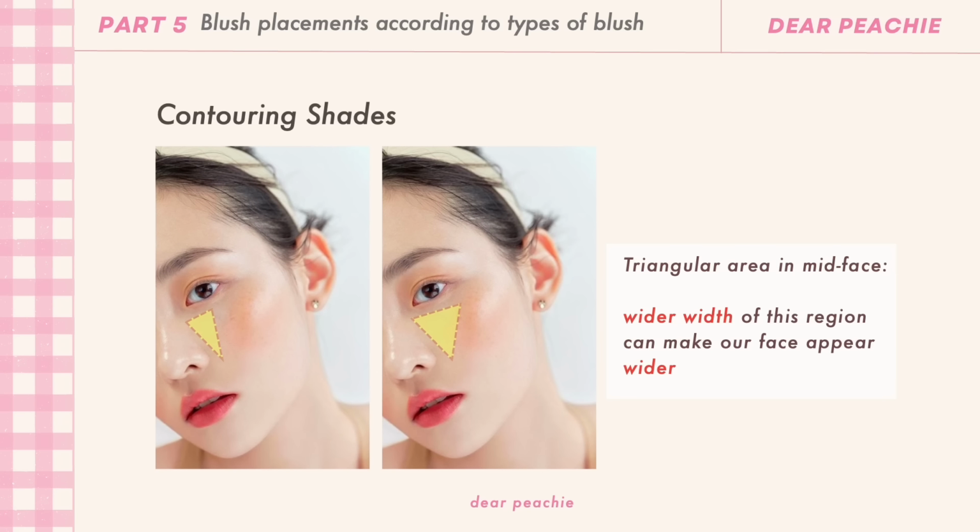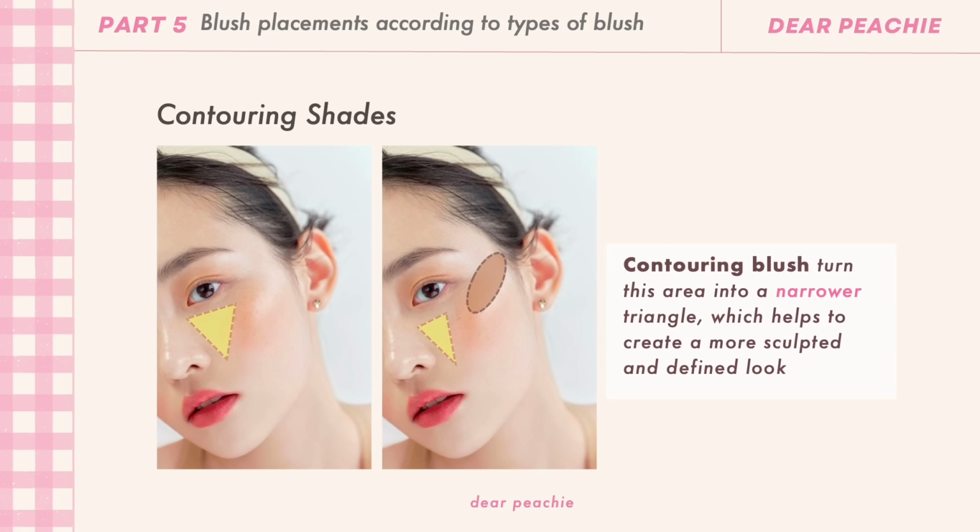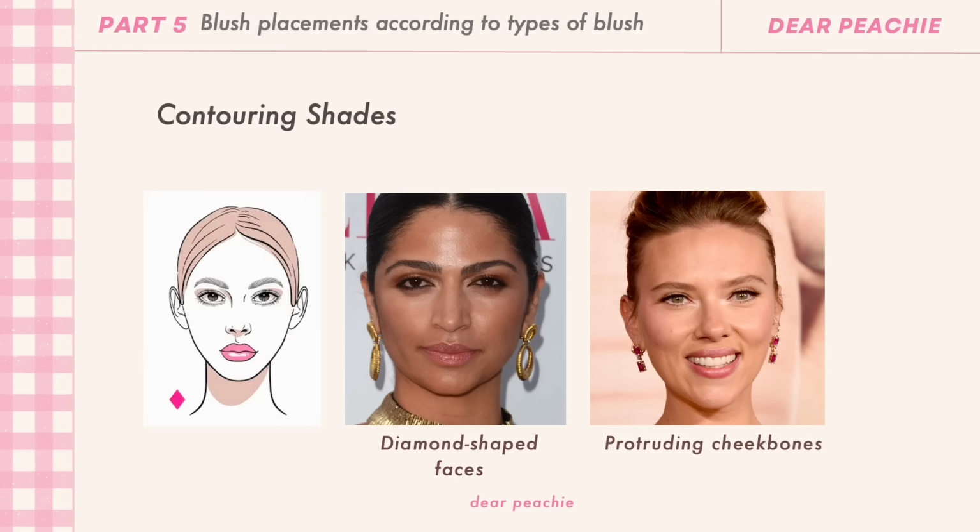Other than that, did you know that our mid-face has a triangular area that, if wider, can make our face appear wider? By using contouring blush, we can turn this area into a narrower triangle, which helps to create a more sculpted and defined look. This technique is especially useful for those with diamond-shaped faces, protruding cheekbones, and anyone who wants to narrow down their